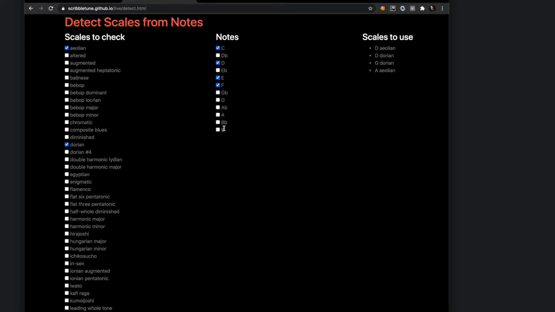It went and searched for all the scales and for these two scales, and identified which of those have these four notes. There are these 12 notes, right? So the script is looping 12 times on top of both of these scales because these are selected. So 12 times 2, 24 scales it is generating, and on each scale it is checking if C, D, E, and F exists in that scale. If so, it is adding that scale to some array, and at the end of the whole loop is returning these scales in that array. So this is a very rudimentary kind of implementation, and I don't like it.